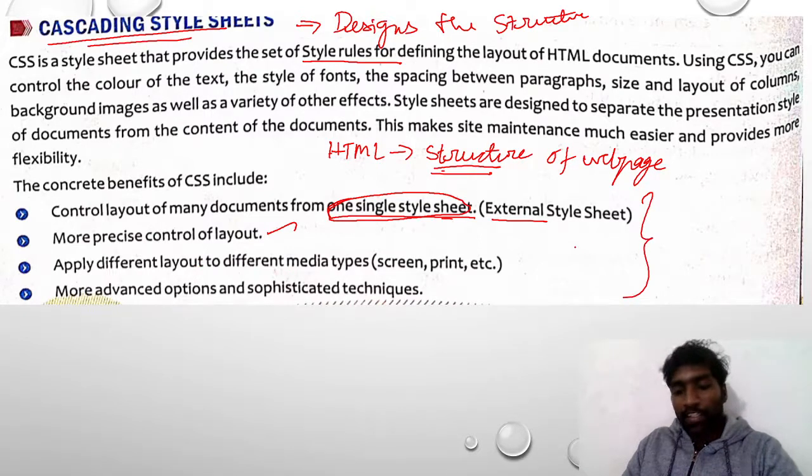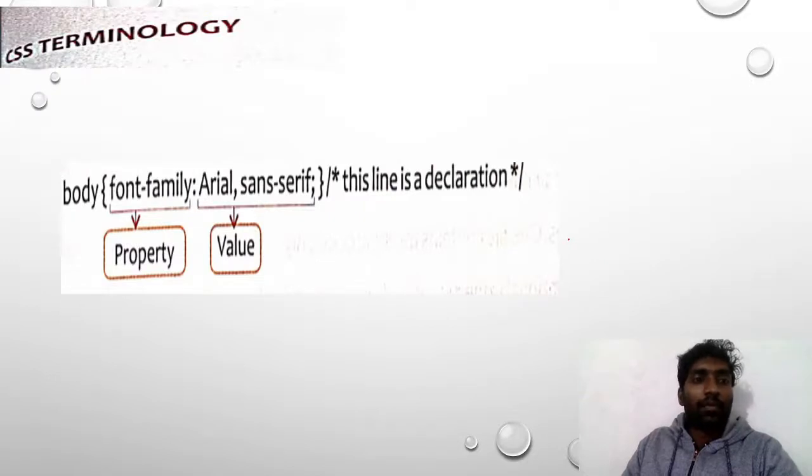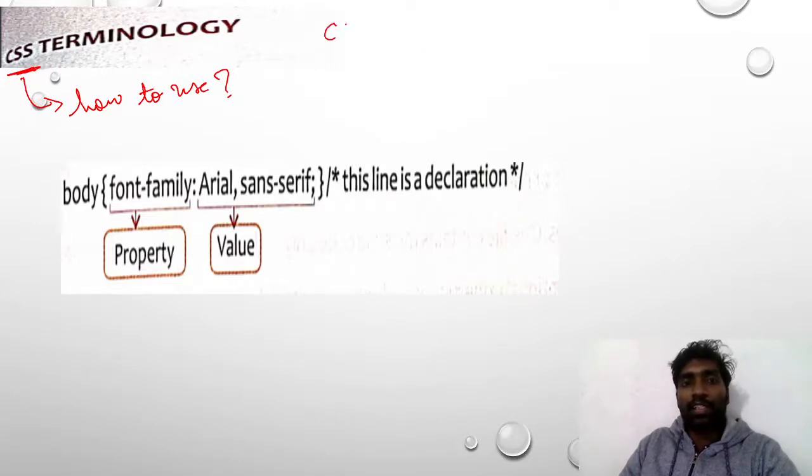Now let's see the next terminology, the method: how we can use CSS. Mostly CSS we can use in three ways. CSS, three methods we can use.